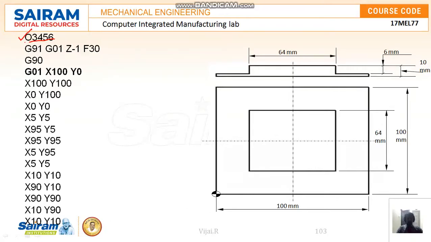So what I am going to do is write G91, that is incremental programming, where each and every time this Z minus 1 will be considered from the layer where it left. If you are selecting absolute programming, it only goes from the surface point. Incremental programming, we know already, is where from the exact current position it again goes minus 1. So one layer is done means again from that layer minus 1 it will go. For that purpose, this G91 is very important for giving the depth for each and every cycle.